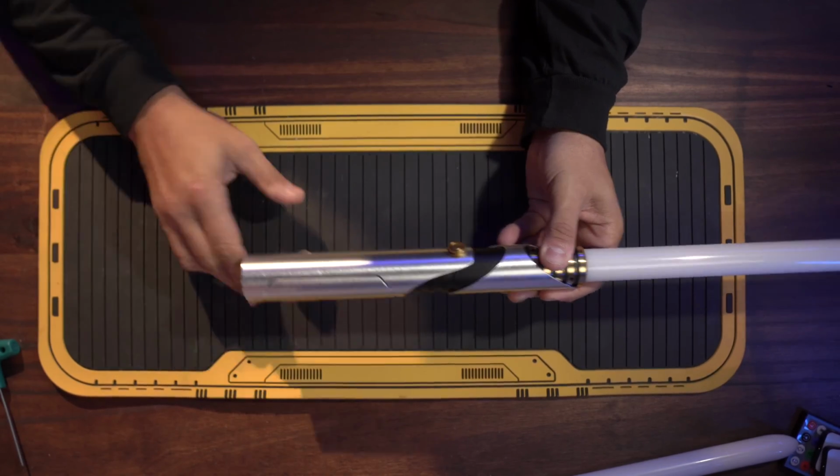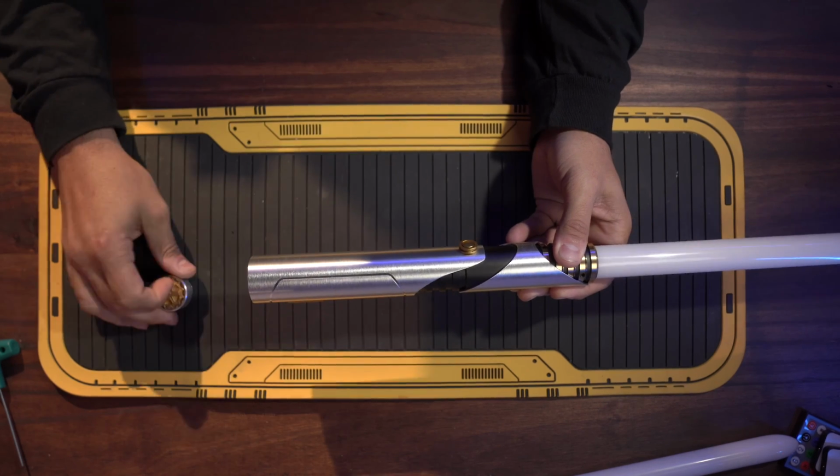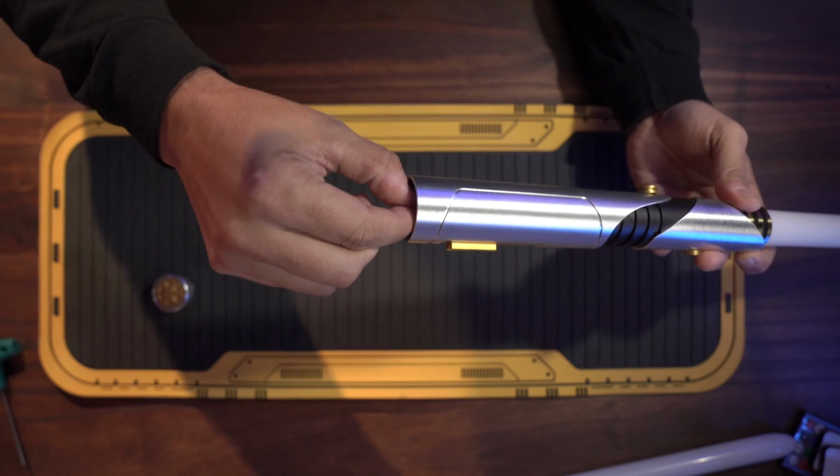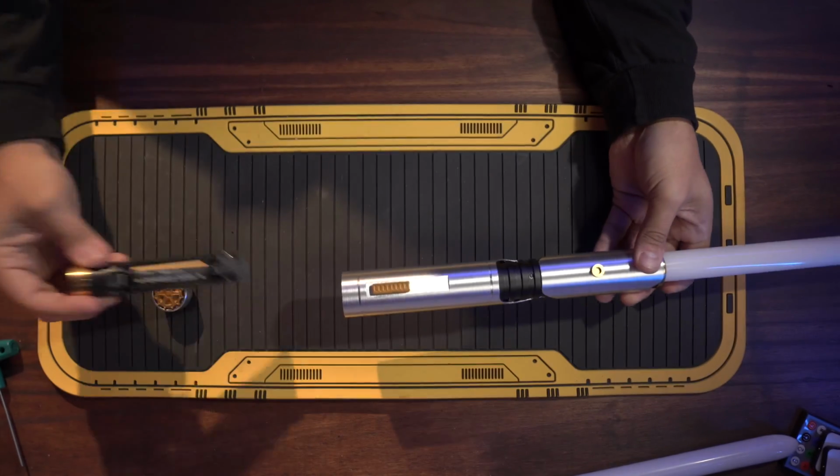Let me just show you where the chassis is here. It is fully removable. Just, whoop, thing's rolling away. You just want to take the pommel off. You have to dig in here a little bit. Grab it by...